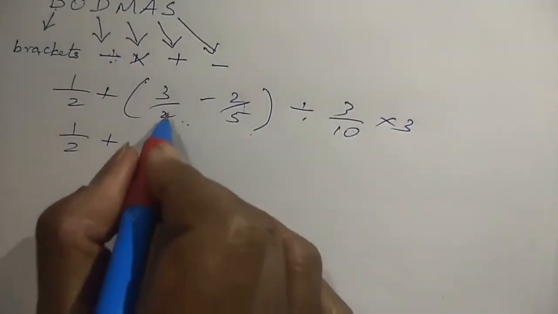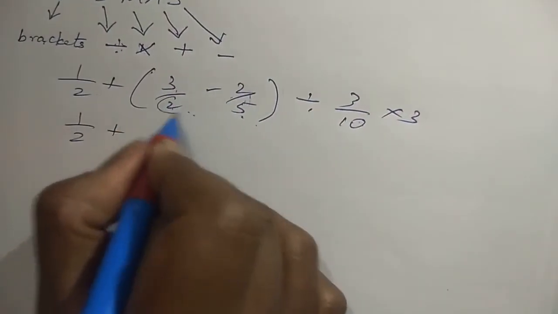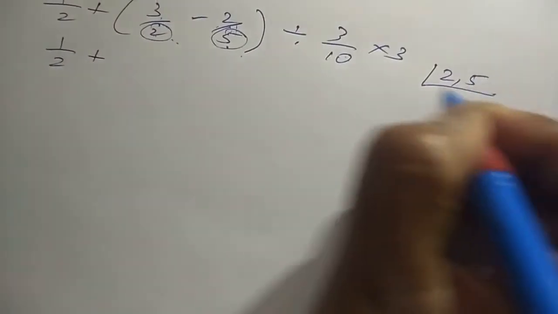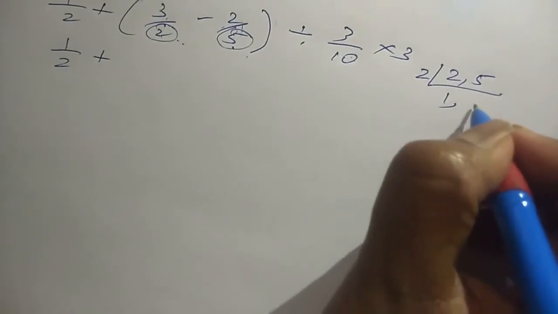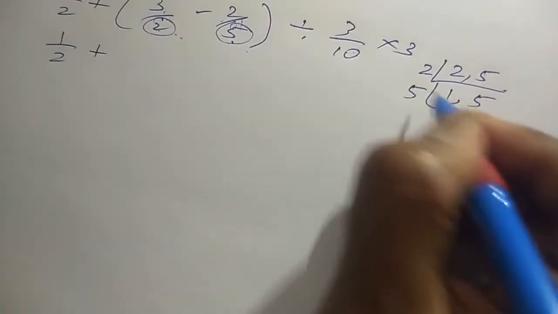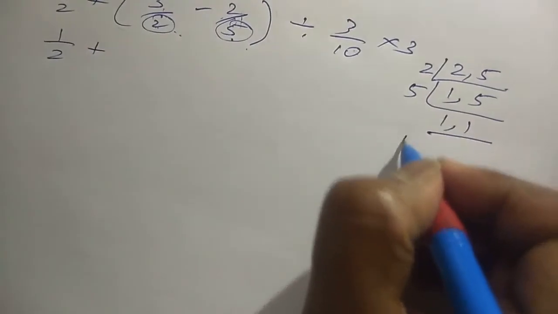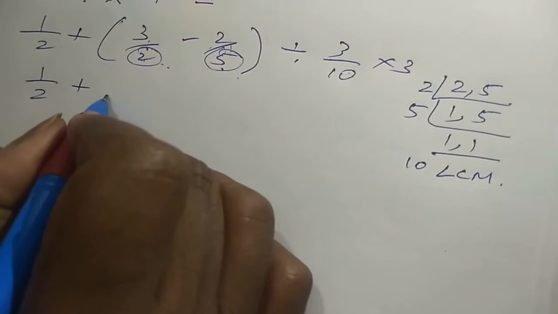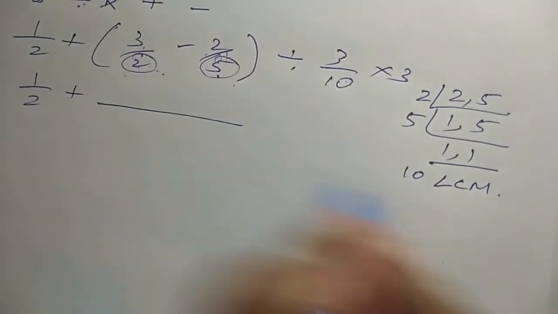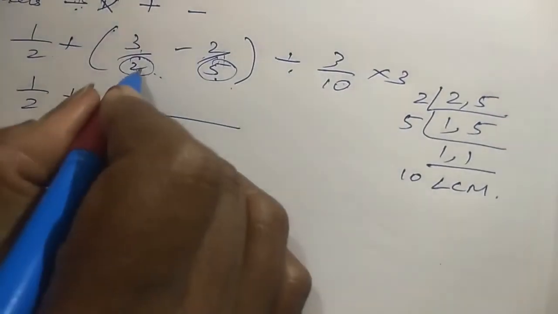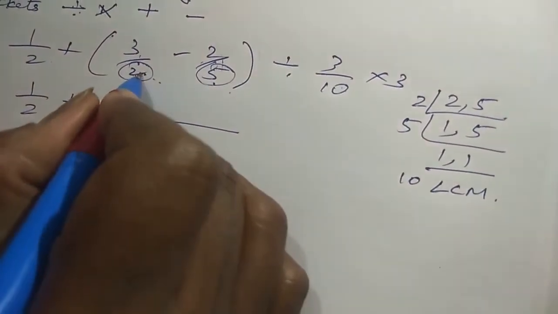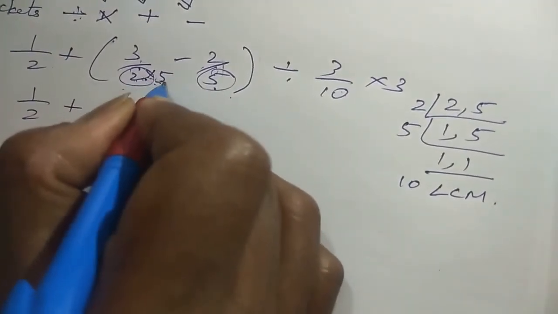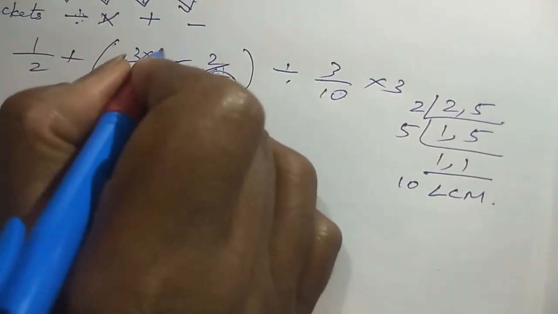If we solve this bracket, we have 3/2 minus 2/5. Here there is 2 and here there is 5, so we take the LCM of 2 and 5. Taking 2 as the LCM, 2 ones are 2, and 5 remains. Again it is 5, 1, 1. So the LCM here is 10, correct? In the fraction we go with the LCM 10. Here we have to multiply: if we multiply 2 by something to get 10, 2 fives are 10. So we are multiplying by 5 in the denominator, and we do the same 5 in the numerator.